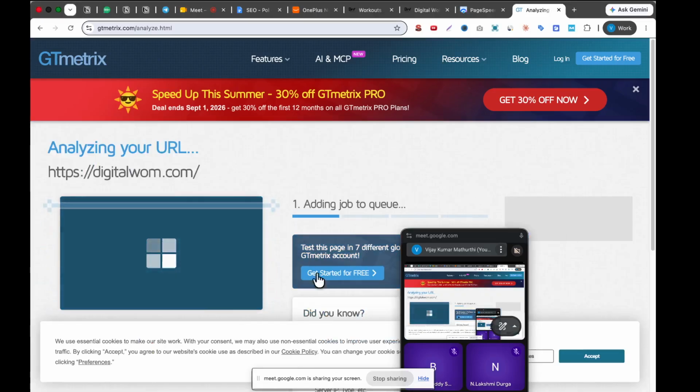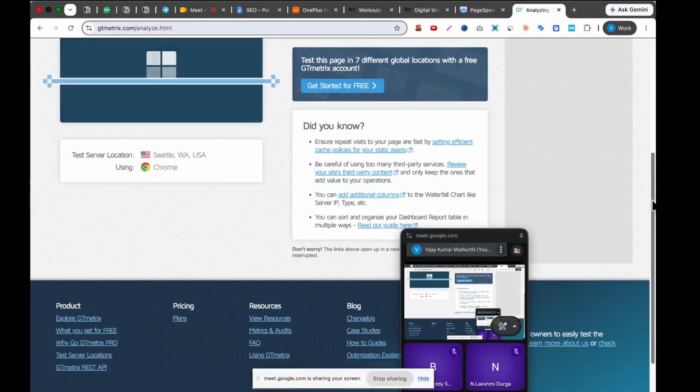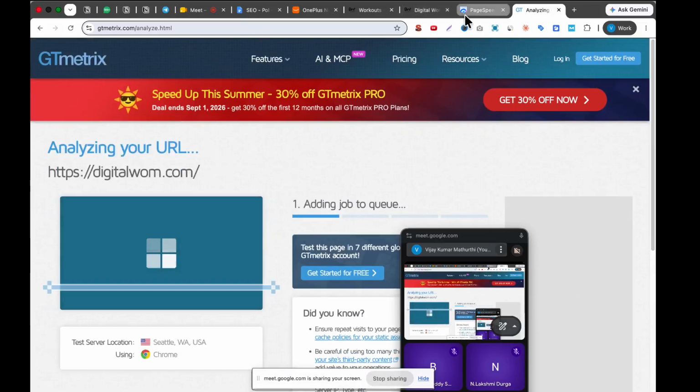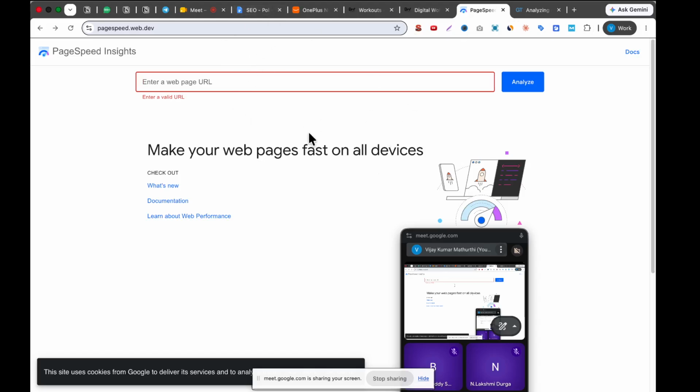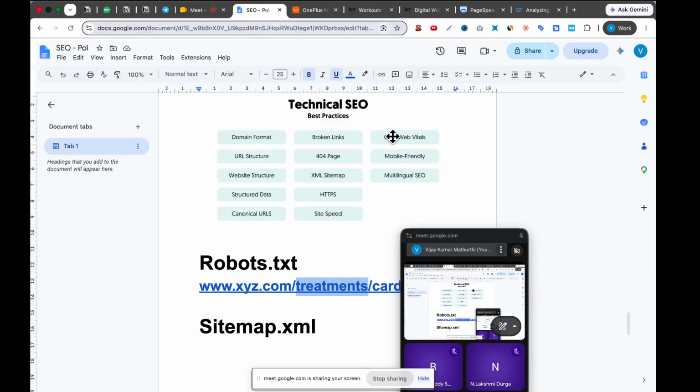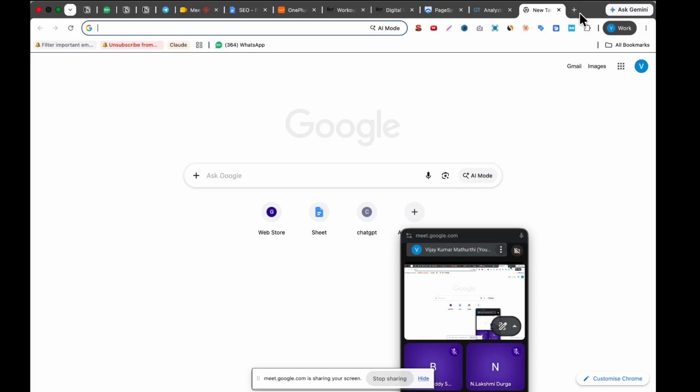So it will analyze and give you all the scores. But the official one is PageSpeed Insights. It's a Google tool. And then Core Web Vitals is something which is, let's suppose,